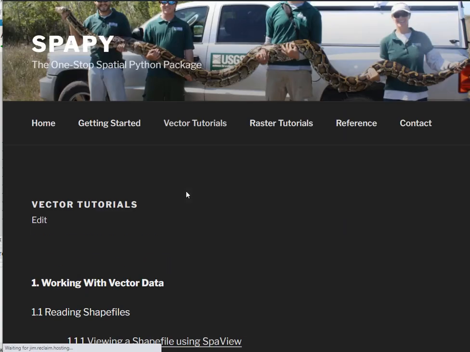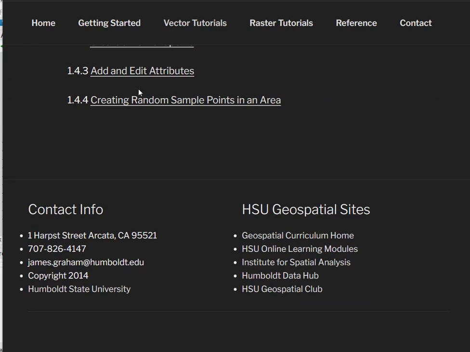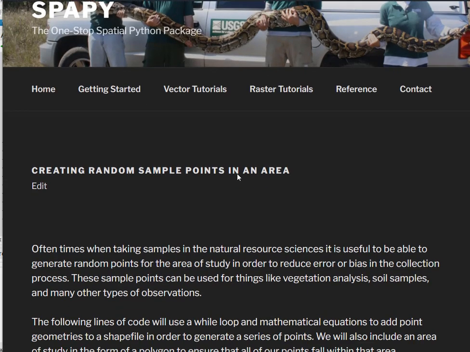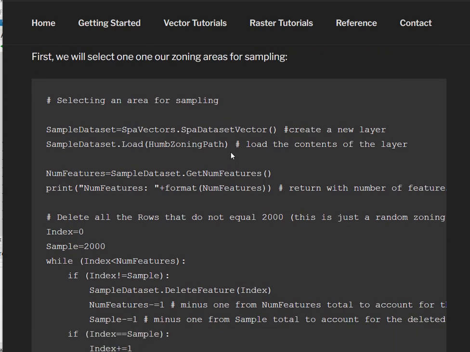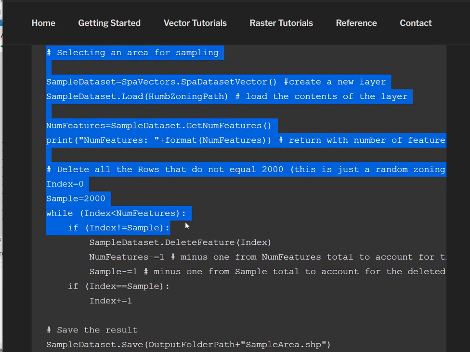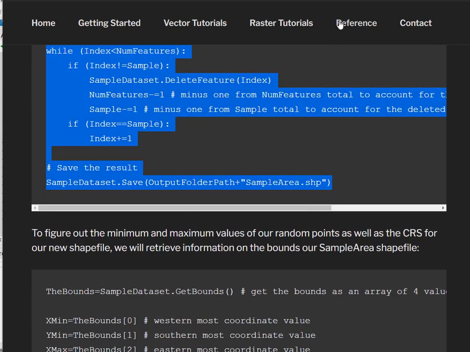Okay, moving right along, we're going to put together a bunch of the stuff we've learned into how to put points inside of an area. And this is something we do fairly commonly when we're doing research. We want to have random points within a polygonal area. The first chunk of code here,